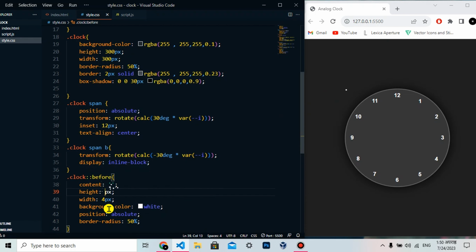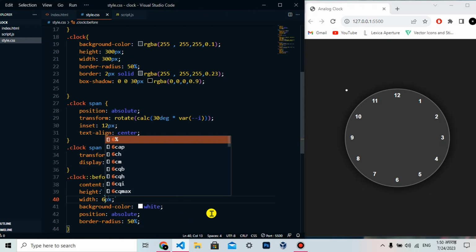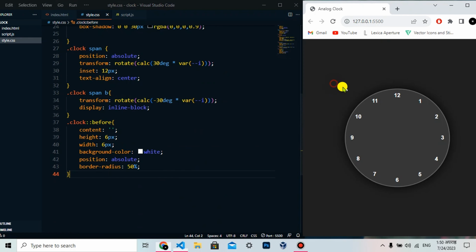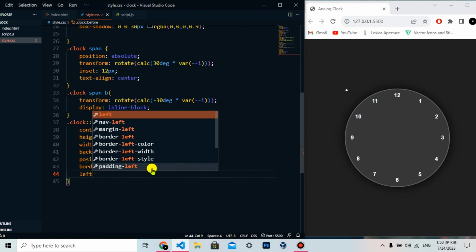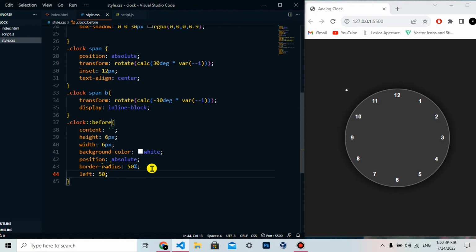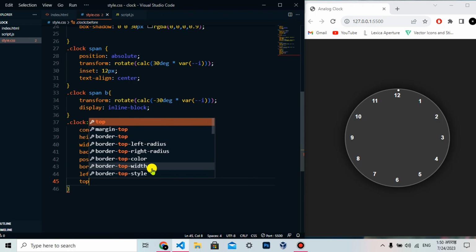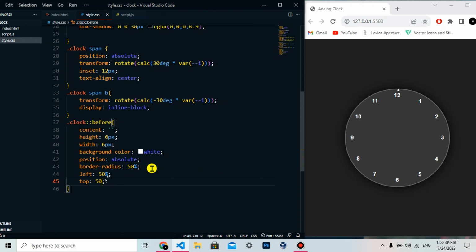Then I want to convert it into 6 pixel because it is very small in size, so I will do 6 pixel. Now it is a perfect circle. You can see here there is a circle. Now if you want to bring this in, then you can give it left, okay, 50%, then it will come down like that. And if you give top also 50%, then it will be at center, not at center, it is just, you can see here, then to make it center you have to use